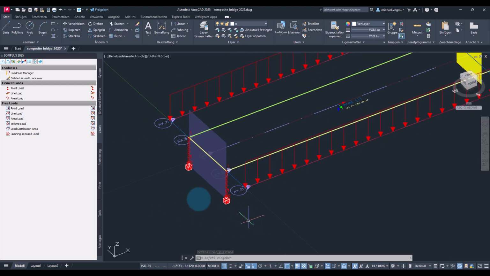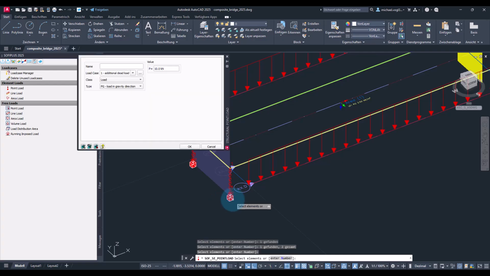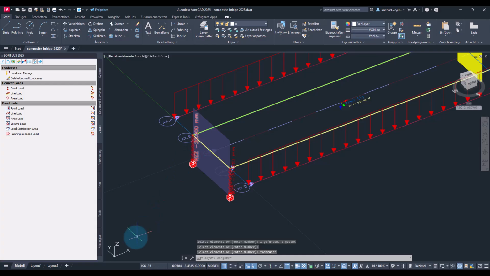This will now be point loads. And I select the corresponding structural points, select the correct load case. The load type should be displacement in global Z, and I choose a value of minus 20 millimeters because, as you can see, our global Z direction is pointing upwards.